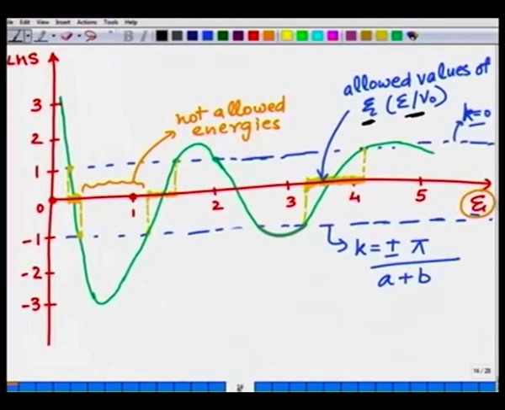Notice this particular band has a small width; the allowed values of energies, or zeta, have a small range, compared to this which is wider, at a greater zeta, that means smaller V0, and this is an even larger width of the band, allowed energies in an even bigger range. That means the band width becomes narrow and narrow